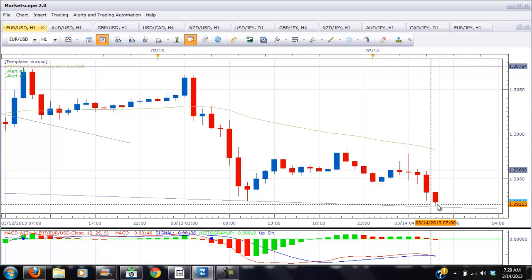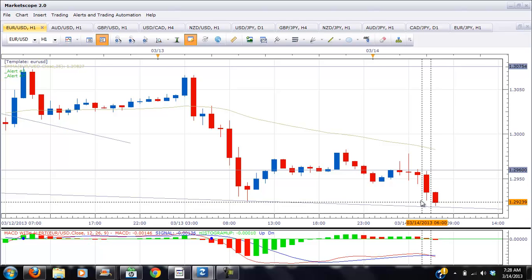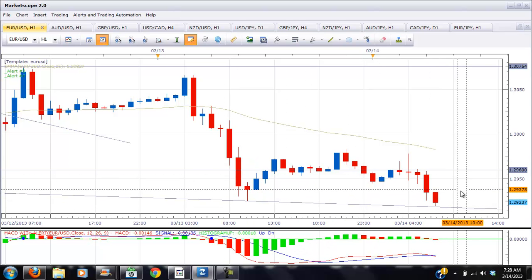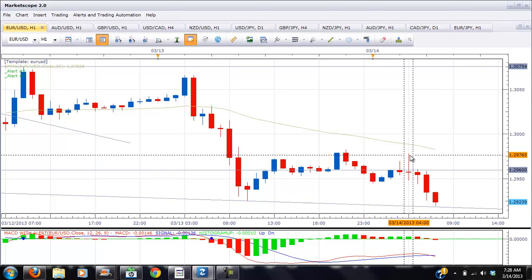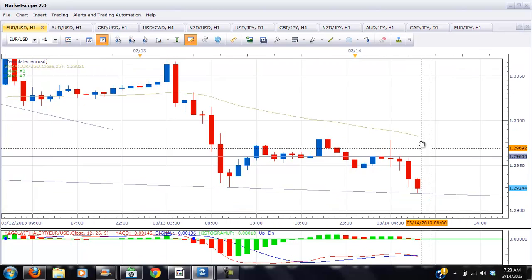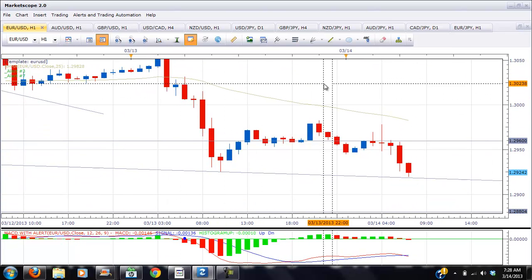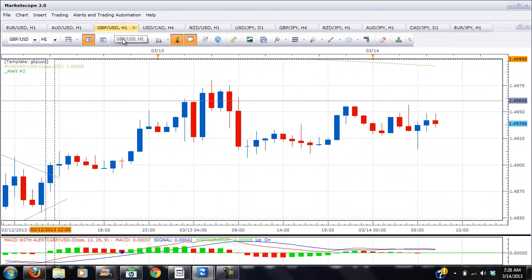If we don't break at this level, I'd probably just go ahead and close the remainder of this trade, looking for a bounce higher. The pair is already down 50 pips, which actually seems a lot with the amount of volatility we've had lately. Great Britain pound USD, on the other hand, as you know in this trade,